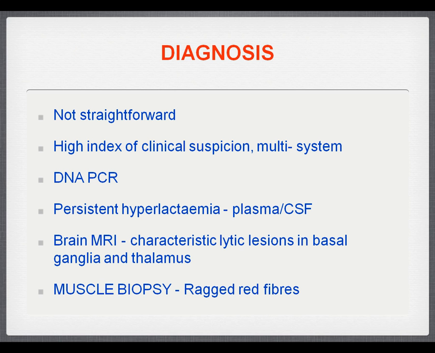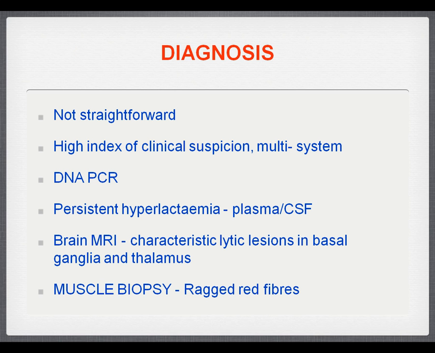So going to mitochondrial diseases in general, related to the diagnosis, as you've probably figured, it's not that straightforward. There's no clear clinical pattern that you might see that suggests that there's a mitochondrial myopathy, but they say you need to have a high clinical suspicion and to be suspicious of it in progressive diseases that are often multi-organ diseases that you can't really explain why this might be happening. There is DNA PCR for some of the mutations, but as in this patient, the neurologist didn't pick anything up on the tests that they had.